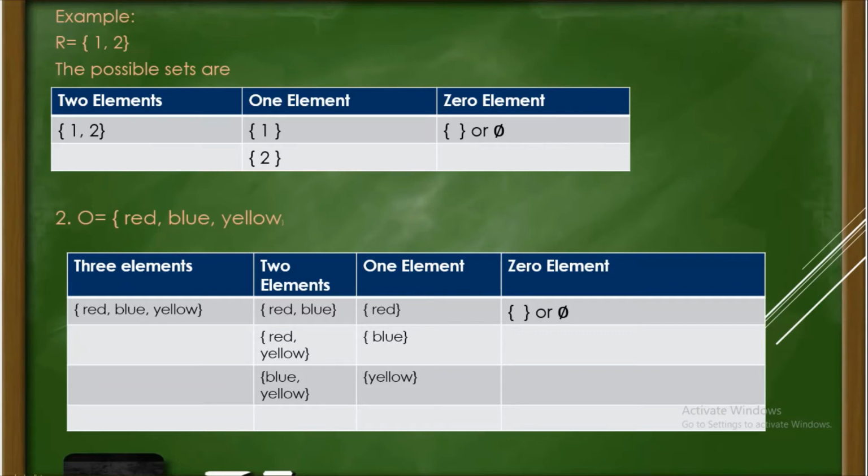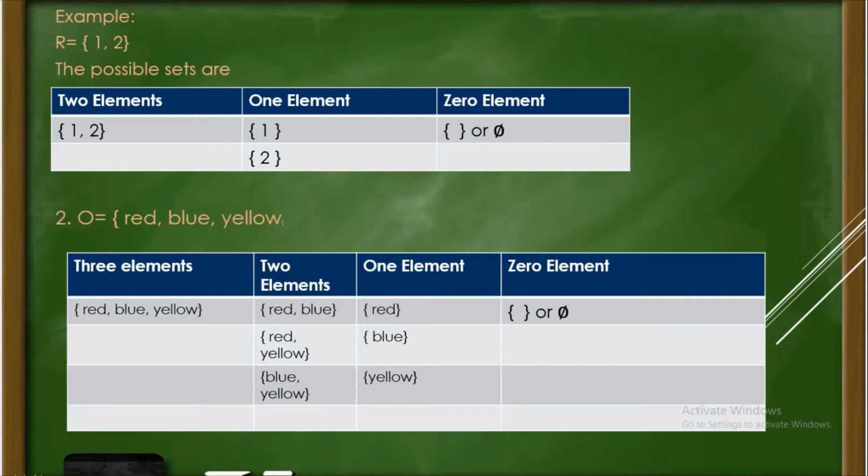And yung one element, we have red, blue, yellow. And also, we have here the 0 element. So, lahat ng mga sets, mayroon talaga yung 0 element or that is called null set. So, ito yung halimbawa kung paano mag-identify ng subset.